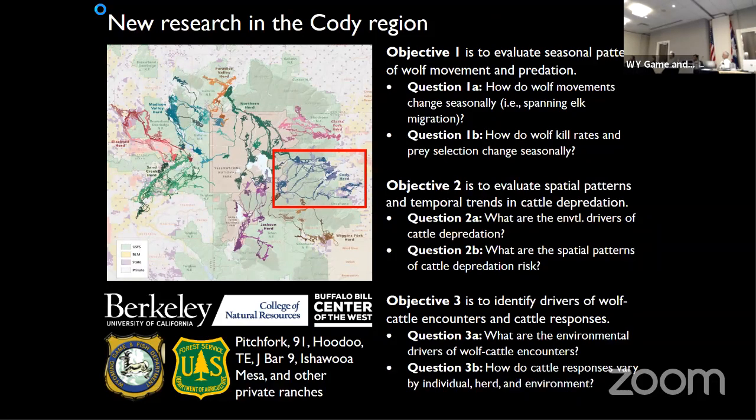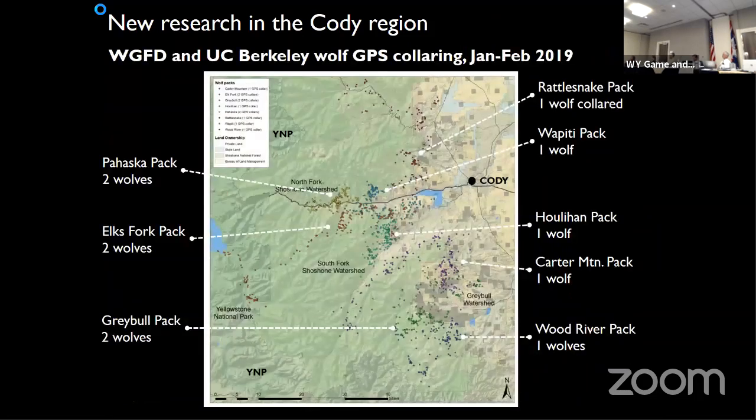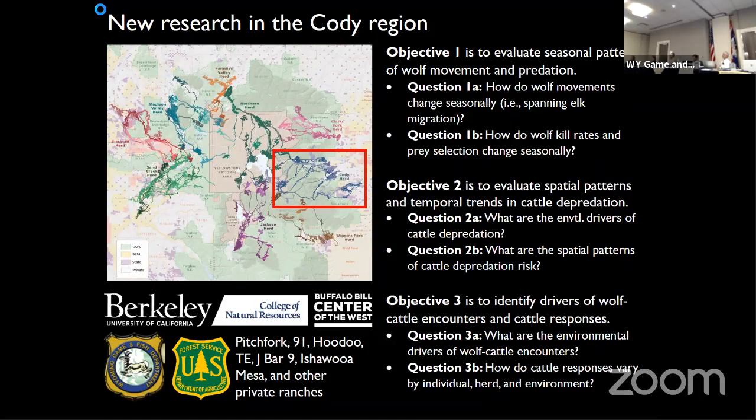This is work that we've been developing in close collaboration with the Game and Fish Department, based kind of in a field base at the Buffalo Bill Center in the West. I'll mention a little bit more about that in a moment. And with many of the ranches, particularly in the South Fork, which is shown, North Fork, which is shown to some degree, in the Grable.